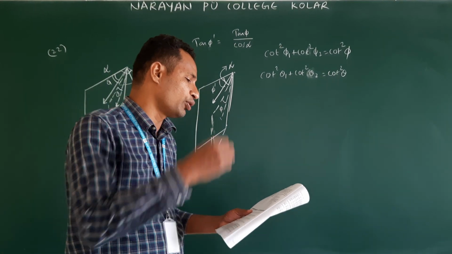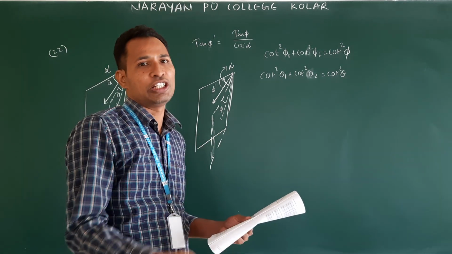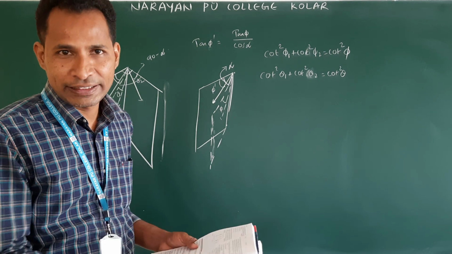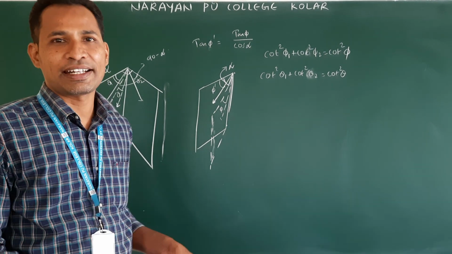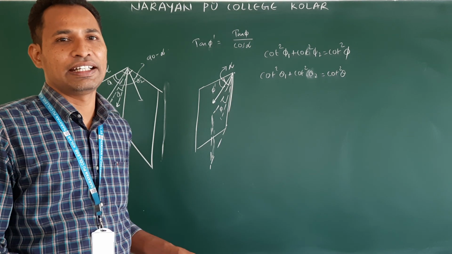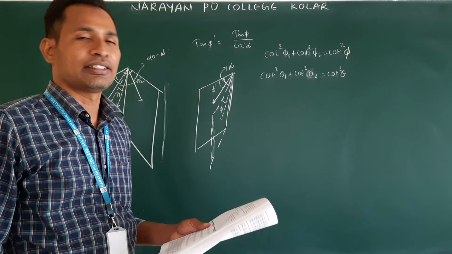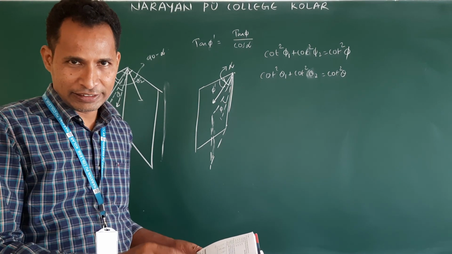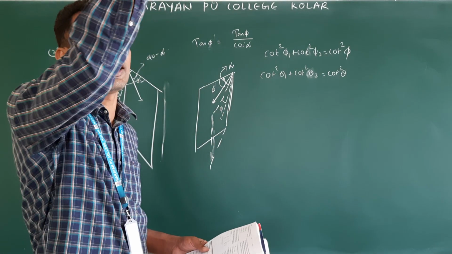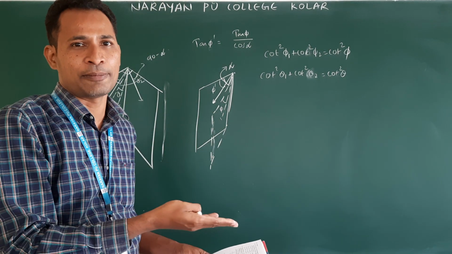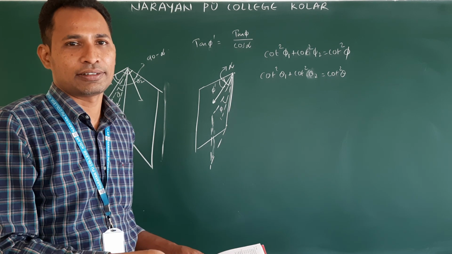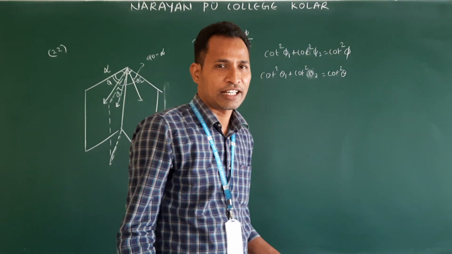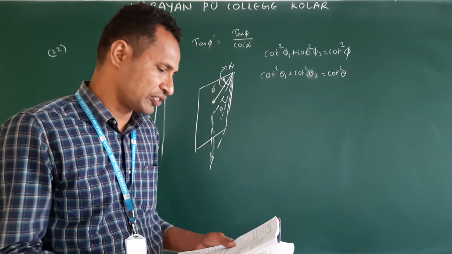Which one pulls the rod up? Magnetic field pulls the rod up. Who produces the magnetic field? Current. Who supplies the current? Battery. So the battery is what? Energy source. Battery energy is converted to gravitational potential energy of the rod. But current did not do it directly. It develops the magnetic field. Magnetic field pushes the rod. But ultimately, where has it come from? Magnetic field, from current. Where did the current come from? Battery. So the current source is nothing but the battery or whatever the source is.